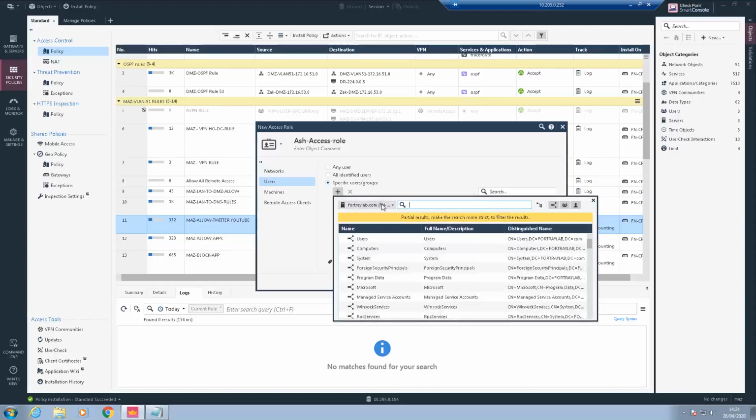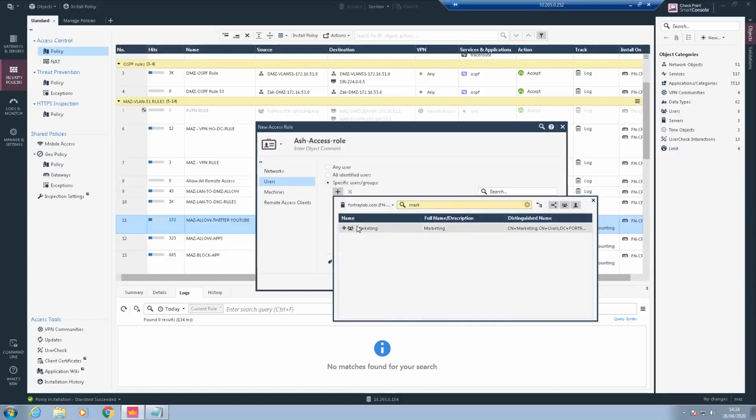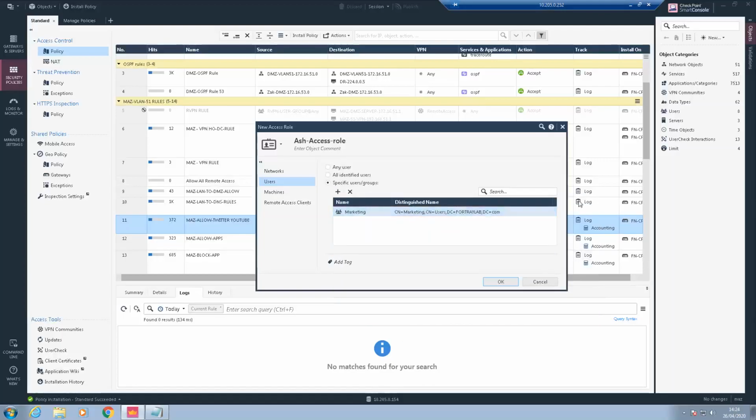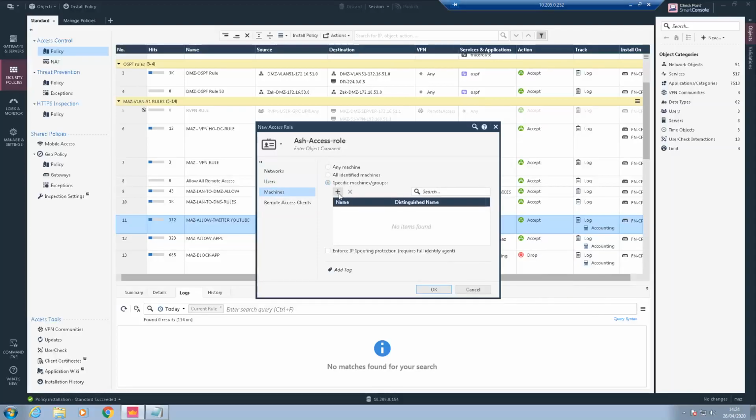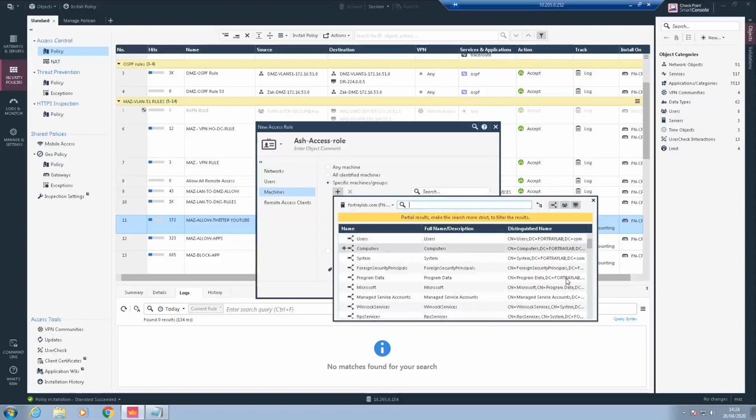Here, you can see this is our Active Directory, which we added earlier. And it's querying this, and I'm just going to apply this on the marketing. Okay. If you want to have any other machine, you can add any specific machine from your Active Directory as well.